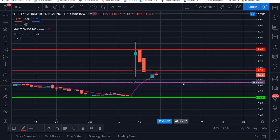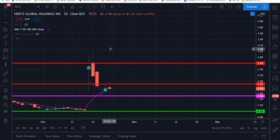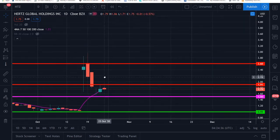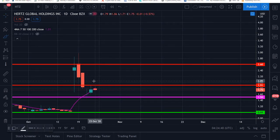And for those of you who are familiar, I don't really take the daily that seriously. I base my market entry and exit decisions on the 3-day and higher, okay? Although the daily is very helpful in some cases in determining a market's direction. But anyway, the sell orders here on the daily, as far as I can see, are not clear between $1.90